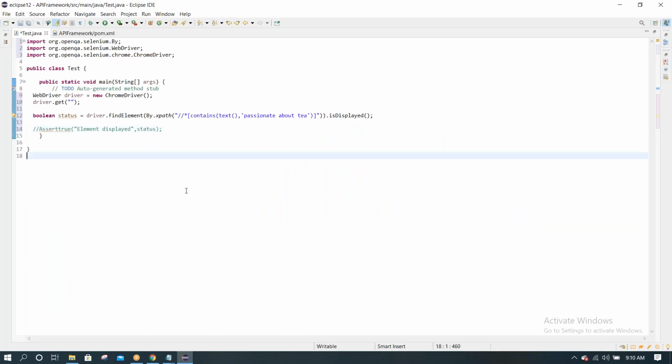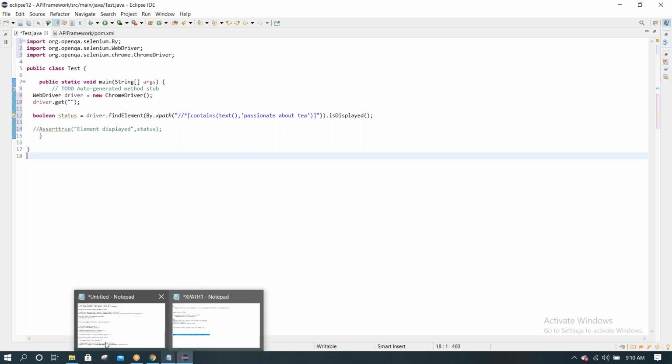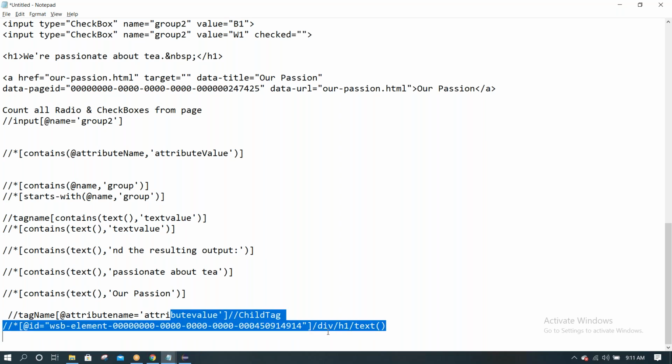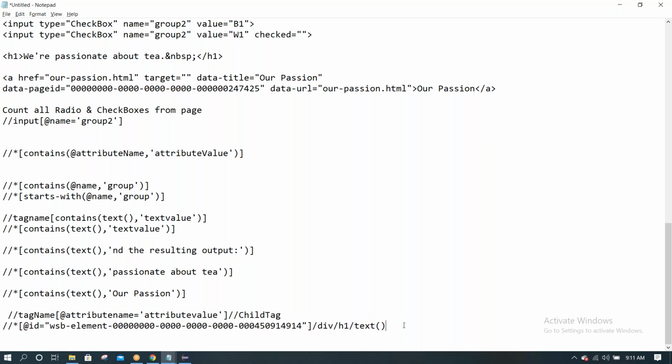Okay, I hope XPath is clear. Just practice one or two times, then note down your doubts. Then we can discuss again. If required, we can have one more session. Only a little bit of confusion you might have seen with this, then don't worry. Just practice that. You can understand that.